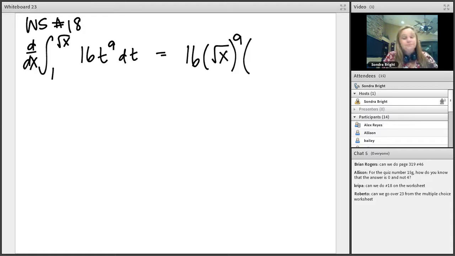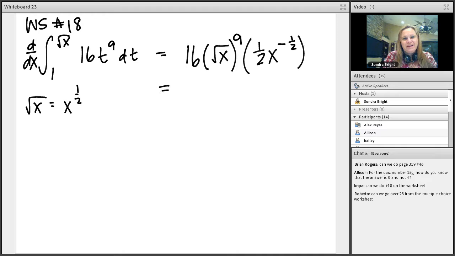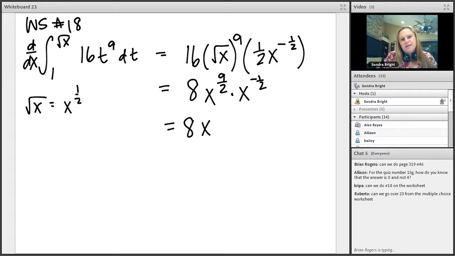The derivative of the square root of x, which is x to the 1/2 power, would be 1/2 x to the negative 1/2. So that gives you an 8x to the 9/2 times an x to the negative 1/2, which is 8 times x to the, keep the base, add the exponents, 8x to the 8 over 2,